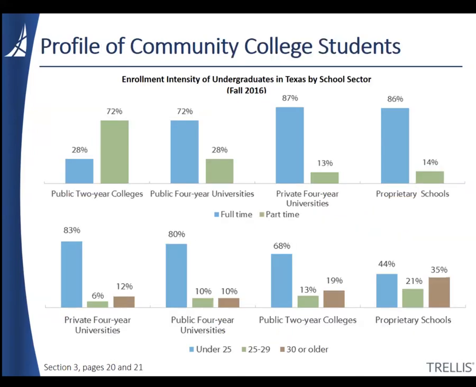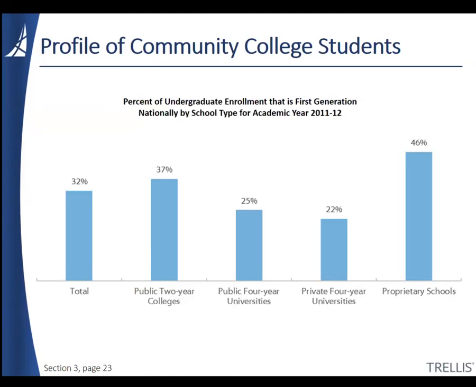The student populations enrolled at public 2-year schools can look pretty different compared to their peers at 4-year institutions or at for-profit schools. There are far more full-time students in the 2-year sector than in any other sector in that top chart. And these students tend to be older compared to the 4-year sectors, as you can see in the bottom chart. Over 1/3 of public 2-year students were first generation, again more compared to the 4-year sectors.